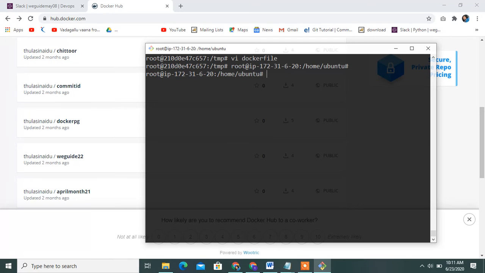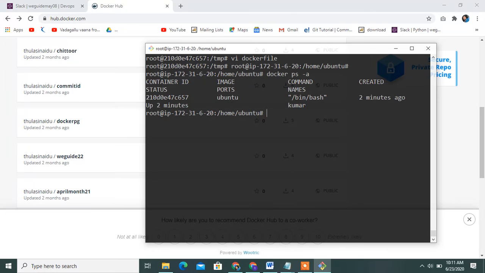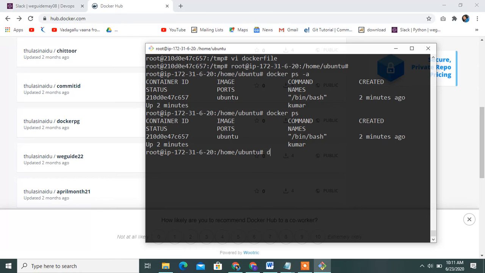And how to check, first of all docker ps. This is a running container.